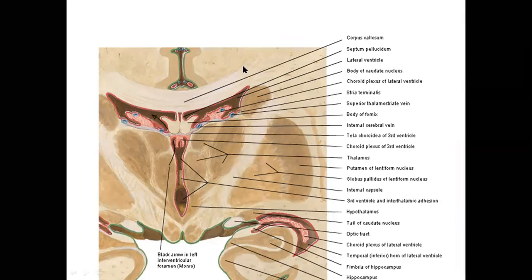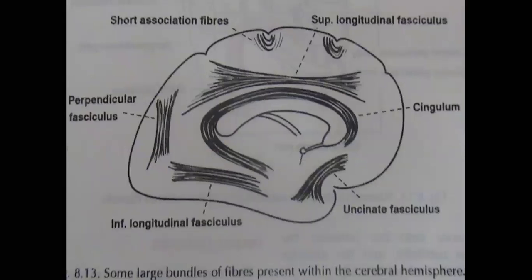So in today's lecture, you should know that in all our CNS, you have white matter and gray matter. The white matter is a collection of axons, a collection of nerve fibers, and gray matter is a collection of neuron cell bodies. Now first we are going to see the white matter in cerebrum. The white matter of cerebrum is in the form of three fibers: association fiber, commissural fiber, and projection fiber. First we are going to see association fiber, then projection fiber, then commissural fiber.